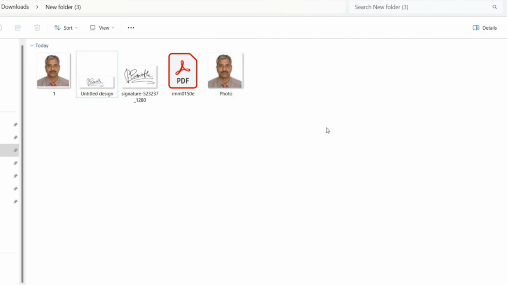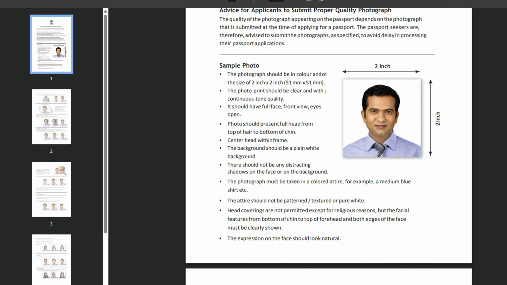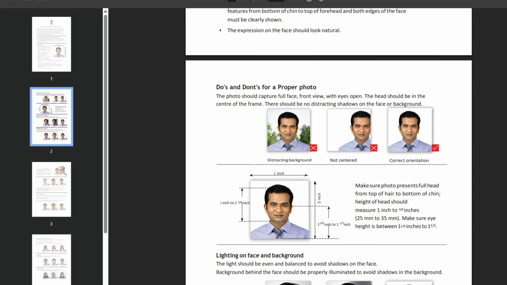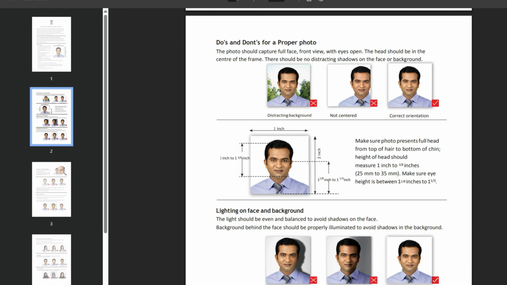Now it is ready for the upload. Here you can see the photo requirement has been given, and also you can see what the do's and don'ts are, how the photo should look and how it should not look, what the dimensions are, where the face should be. So any professional photo studio should be able to do this. Just make sure whatever is given in the guidance document, you get it done exactly, and these are the causes